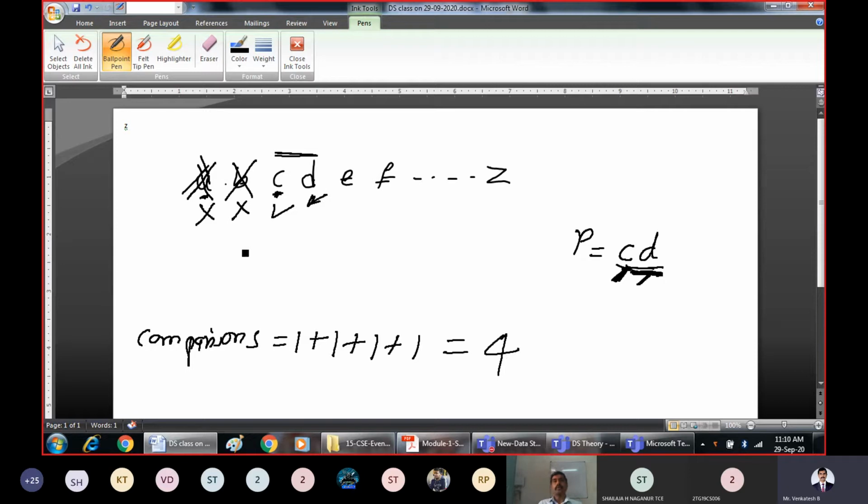So I hope you are following. When there is more than one character, you have to go in this order for the pattern matching. It is not that you are looking for CD and go from here, 1, 2, 3, third place we have C. No. So we compare the first character, because what we want here is not only C. We want both together. That's why we have to compare that in the sequence.